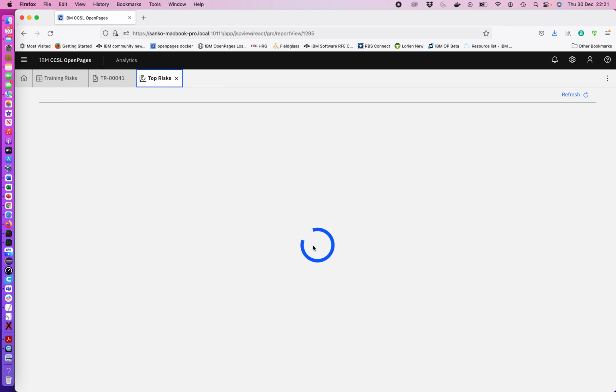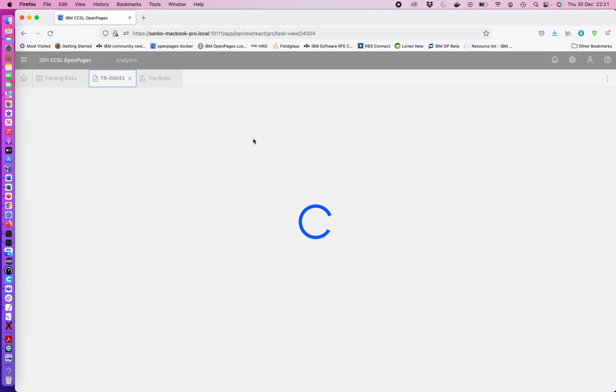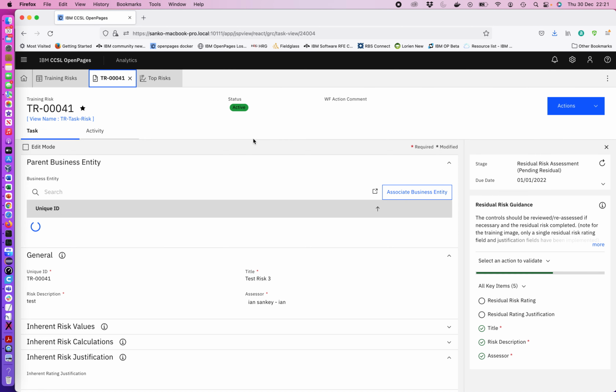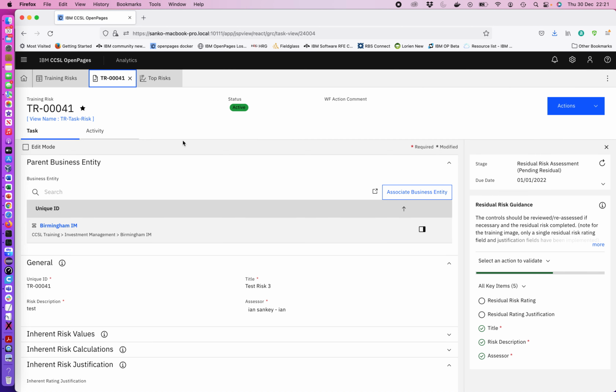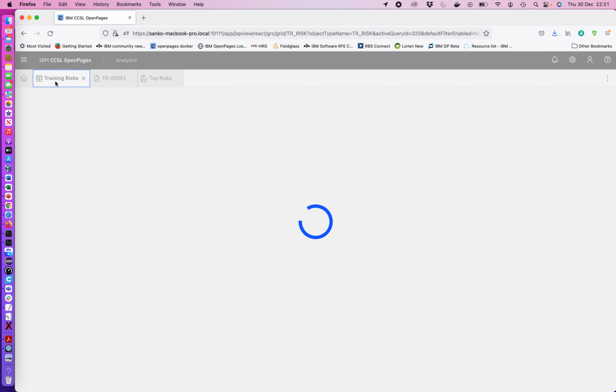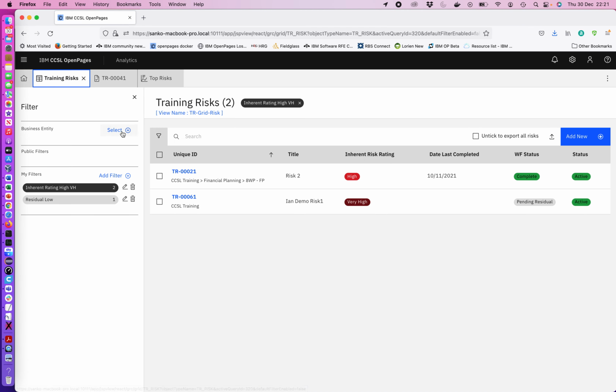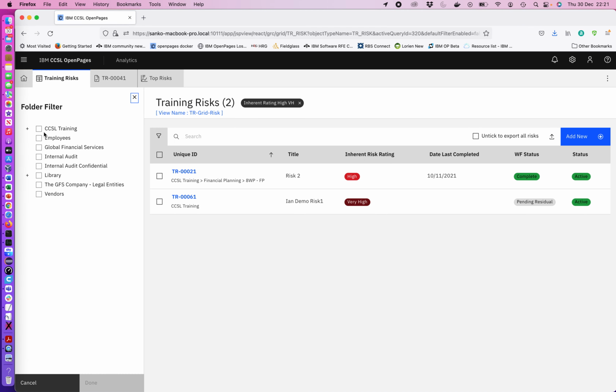Now, security, I'll let that run in the background. Security access is based on our profile and the roles that we're assigned in the system. So typically based on the business entity structure. So again, if we look at that entity structure, training risks. We might say a particular user only has access, for example, to this CCSL training. So they'll see all the objects that role gives them access to. So if they have like an op risk manager role, we might give them access to risks and controls and